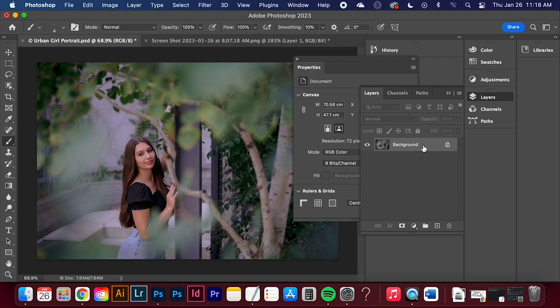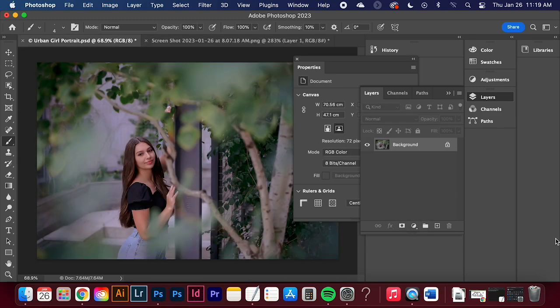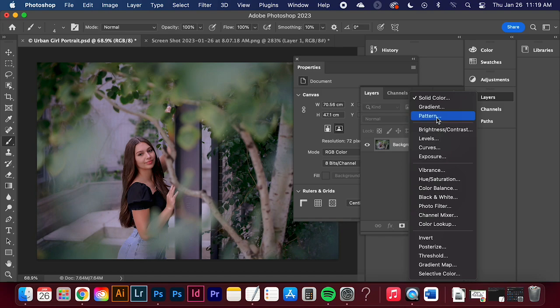If you look at the bottom of your layers panel, you'll notice a row of icons that looks like this. I want you to click on the one that looks like the yin-yang symbol, half black, half white circle. Okay, it's at the bottom of your layers panel. When you click that, you get a list of what are called adjustment layers. This is how we edit the white balance of our photos. Make it brighter, make it warmer, change colors, things like that. So first,